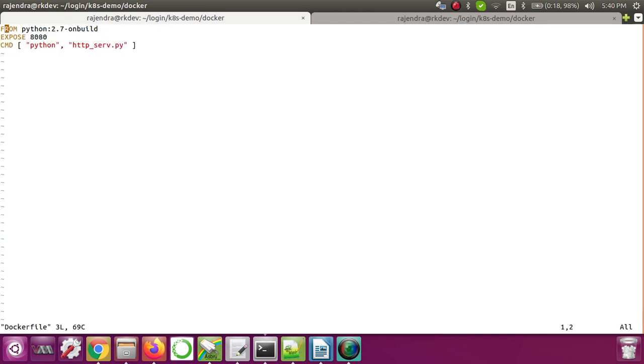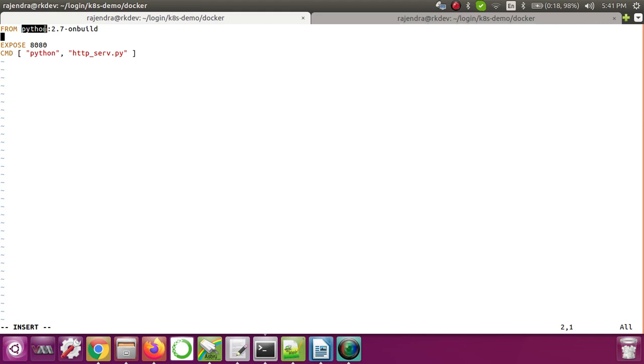Now this is the first step, where I am using one image which has some standard basic requirements of your host machine defined. That's why this is FROM. FROM is nothing but one instruction, and then this is Python. This is the name of your image. This is an already created image, available on the Docker Hub.